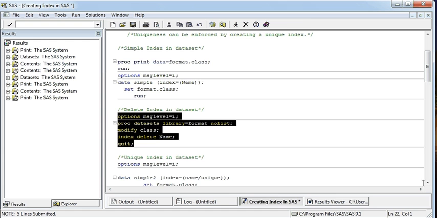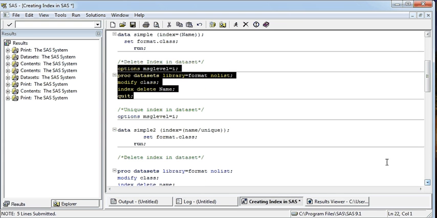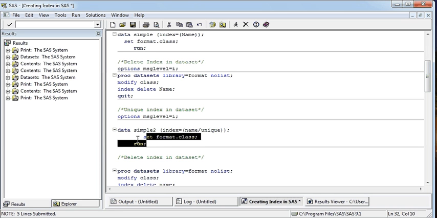Now I'm going to use this unique index. Unique index means it will not take duplicate records. It will create the index only for unique records, and if there is any duplicate record, it's going to show an error.